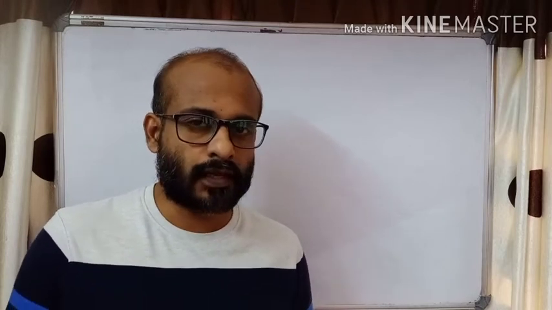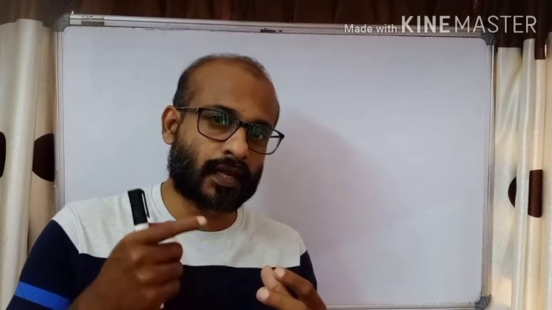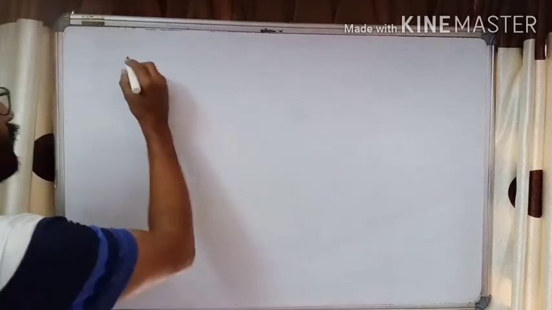Another similar phenomenon is called mutual induction. Mutual induction means that if you have two adjacent coils, and in one coil the current is varying, nearby there is one more coil. There is magnetic flux linked to the second, neighboring coil also. A current can be induced in the neighboring coil due to the variation of current in the first coil. This induction is called mutual induction. We will see the phenomena in detail, and we will start with self-induction.